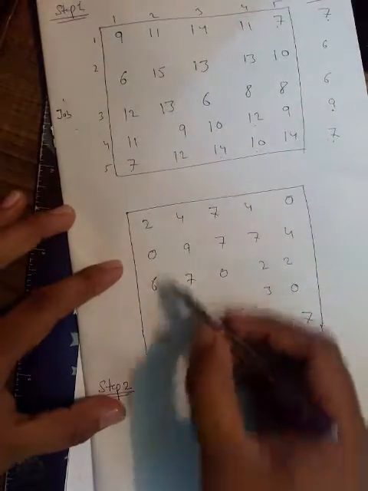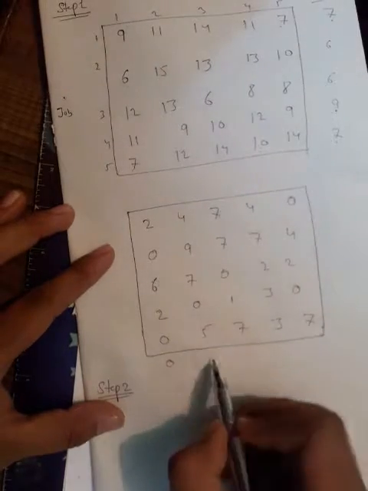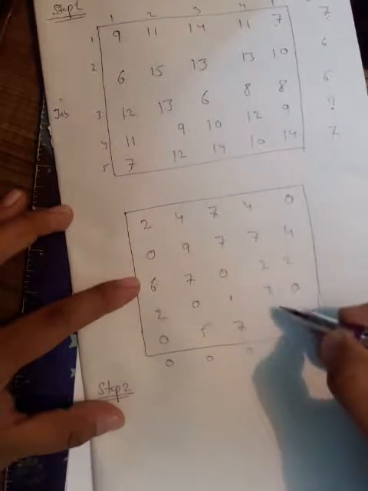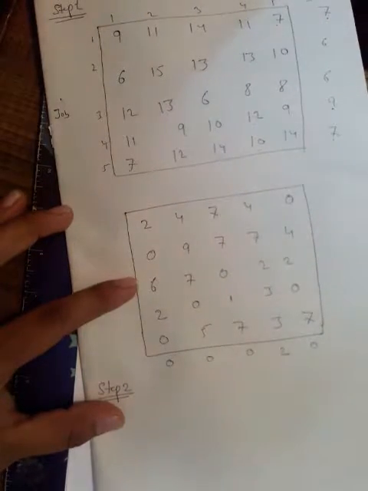What are you going to get here? In this column you are going to get a 0. Here you are going to get again 0. Here again you are going to get 0. Here you are going to get a 2. Here you are going to get a 0. Okay, so in step 2,